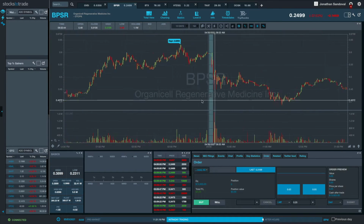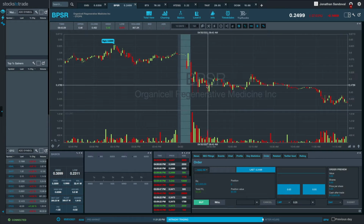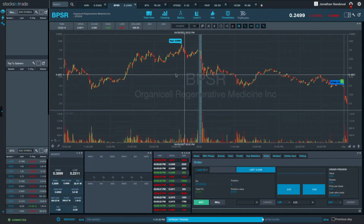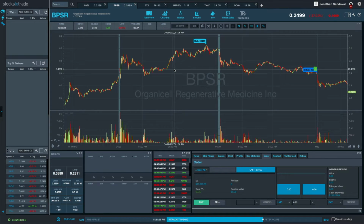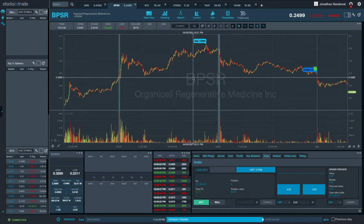So these patterns are very repetitive, you guys. And then also you can see it's not an exact science. Bounce, nothing really happened, and that's where I ended up having my biggest loss. But yeah, you guys, these patterns are very repetitive. It's not easy, but it's kind of simple. At least me seeing these charts play out over and over and over again, that's what kind of makes it